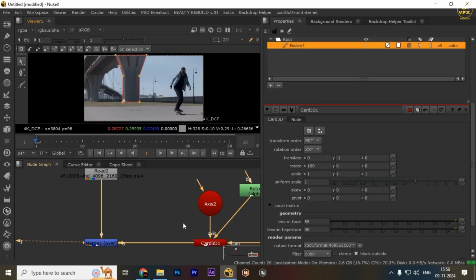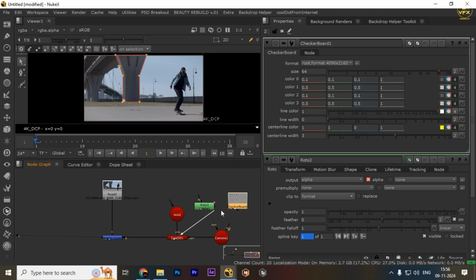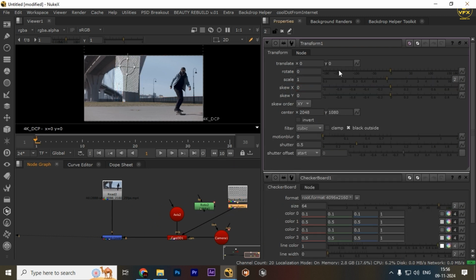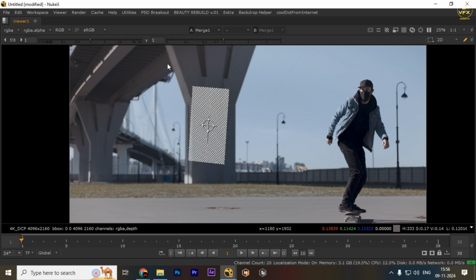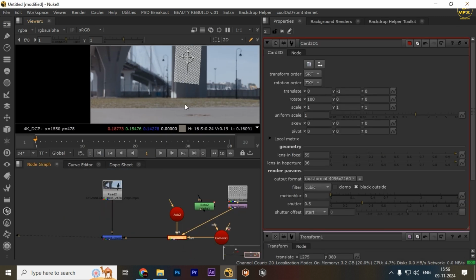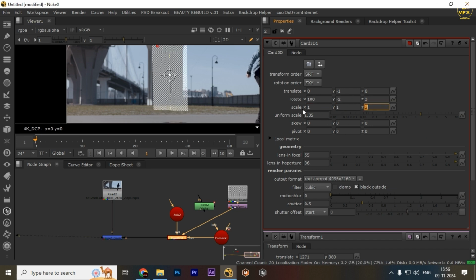I can place any image here, right? If I take this checkerboard and if I take this here, now I have to place this here. And another thing, if you guys want to do scale, just in this, right? Isn't it cool? See, right? So it's a very cool thing, right? Just we need to play with this, right? So there is a scaling separate also. You guys can increase the scale also separately,